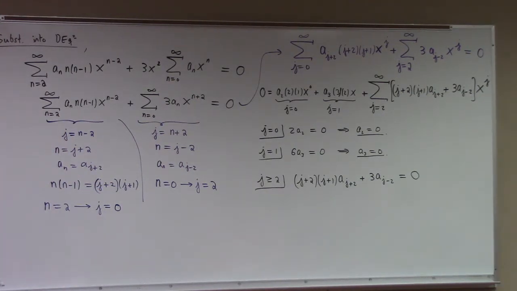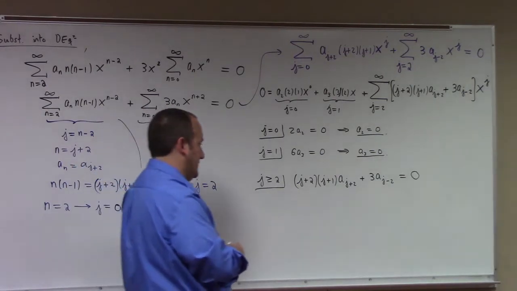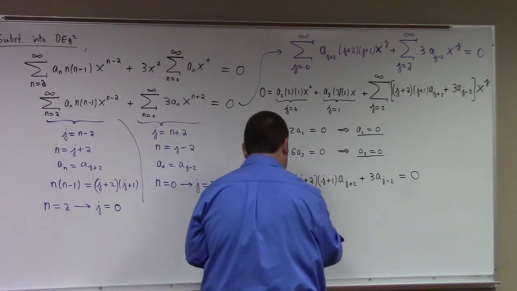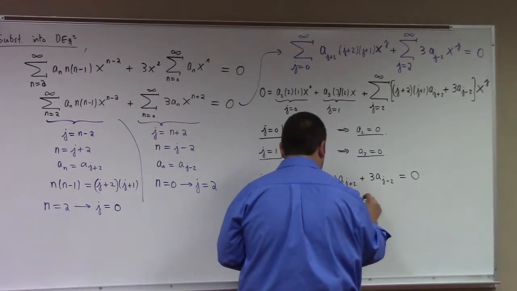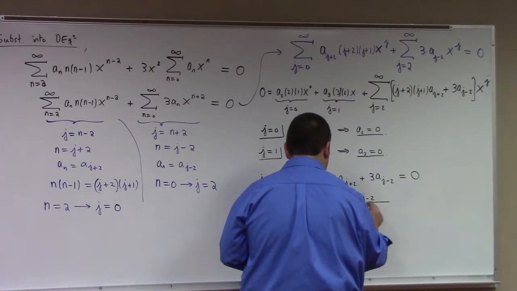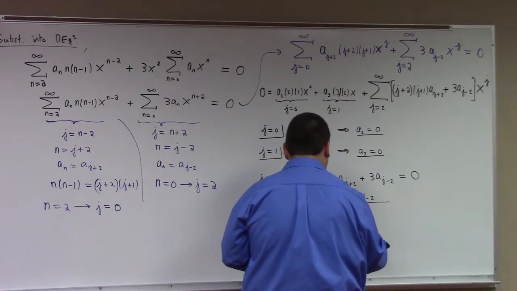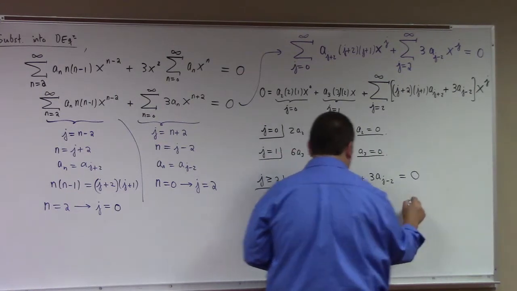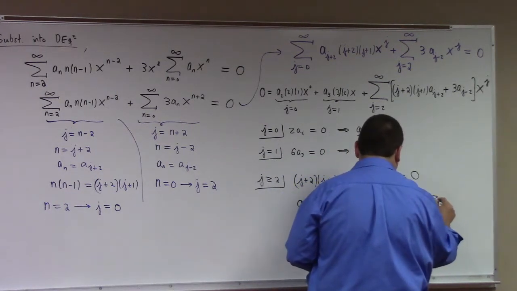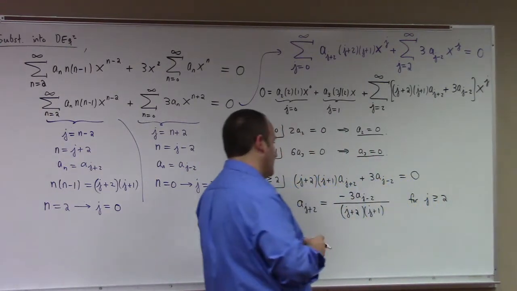And so let me repackage that ever so slightly. Let's say that what that's saying is that a sub j plus 2 is equal to minus 3 a sub j minus 2 over j plus 2 times j plus 1, for j greater than or equal to 2 again, right? Now,